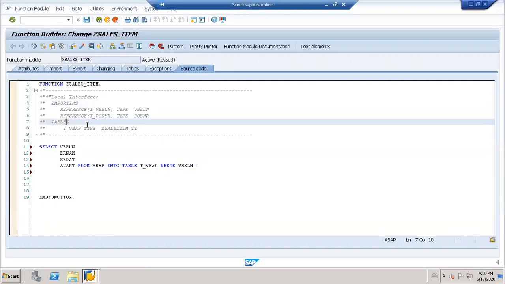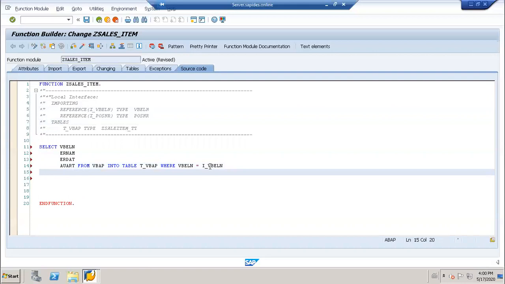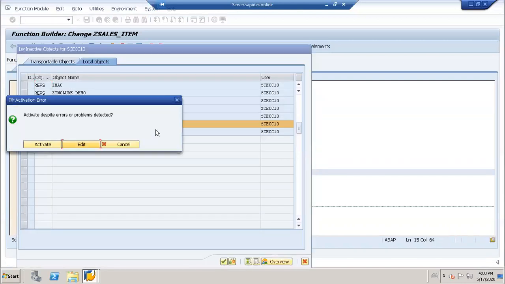Here I will use VBELN and POSNR equal to I_POSNR. Okay, let's activate them.